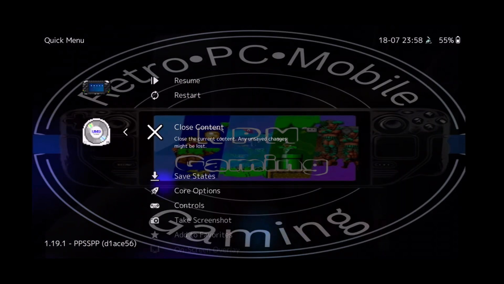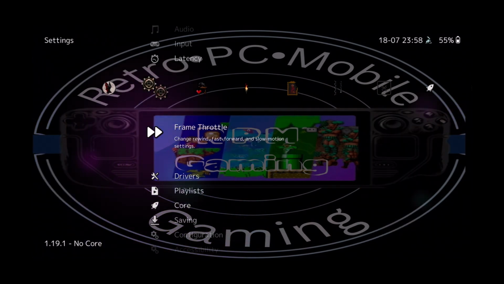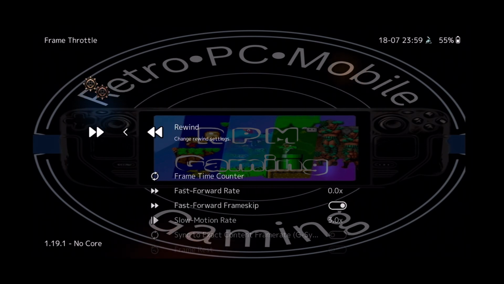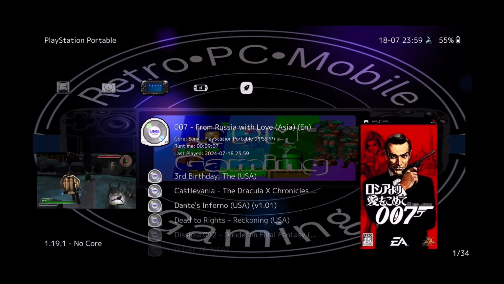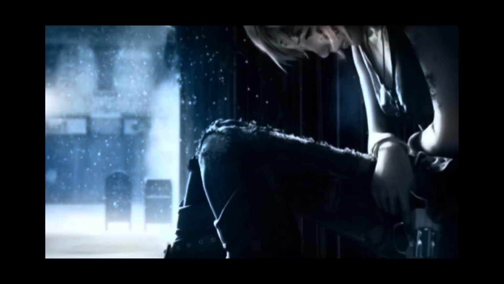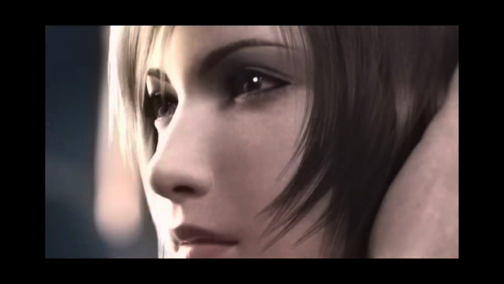So you want to pull up your quick menu and then close out of the game. And from here, head over to your settings menu. Scroll down to frame throttle, then select rewind, and turn off rewind support. If you use rewind support in other cores on RetroArch, anytime you play a PSP game, you'll want to turn it off to make sure you have that quality sound. Oh yeah, that's a lot better, you can already tell. The tempo is even sped back up to right where it's